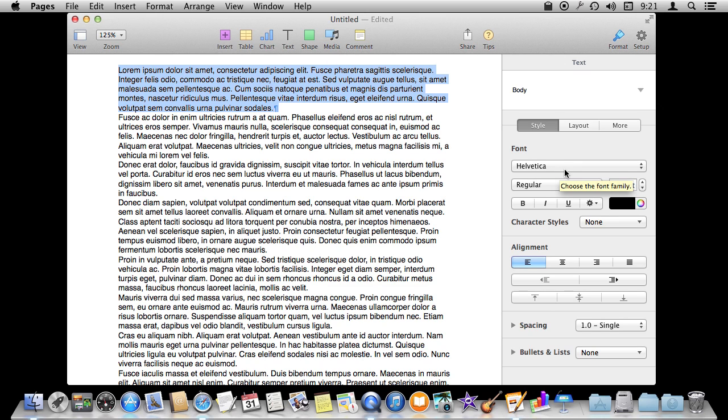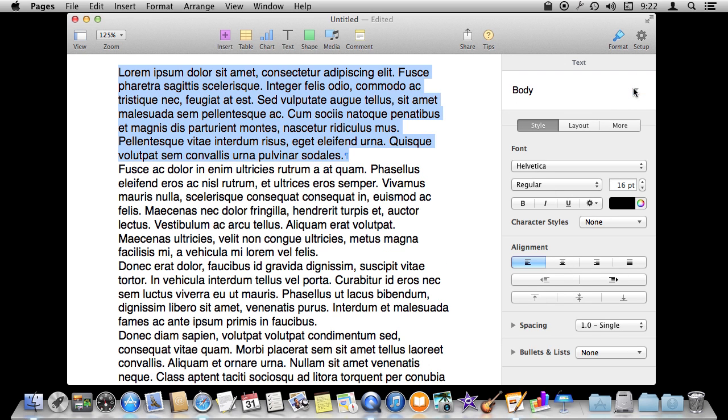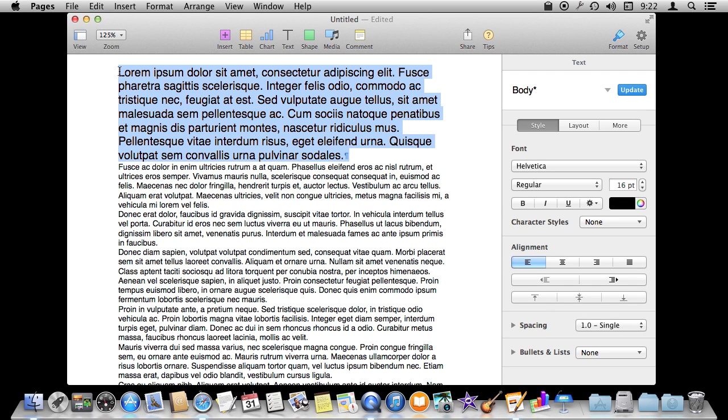For instance, let's change the font size. I'm going to make it larger here. I'm going to up the point size. And you see, as soon as I started changing it, I got this update button here. And that's basically asking me to update the body style to be this new set of criteria here. So if I were to do that, you can see it updates everything else because everything else was set to body style. So let me undo that with Command Z, and you can see here this is set to body style with an asterisk after it,